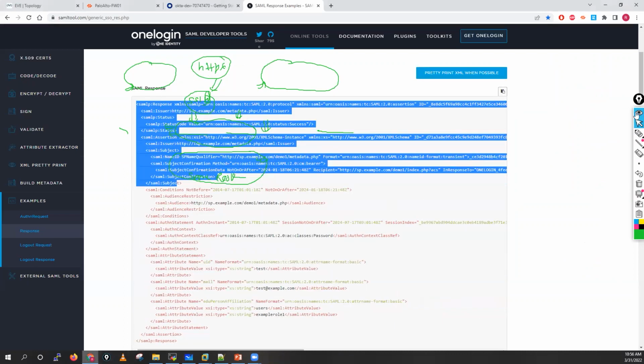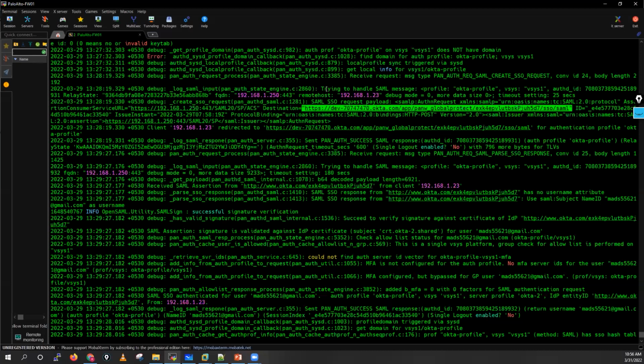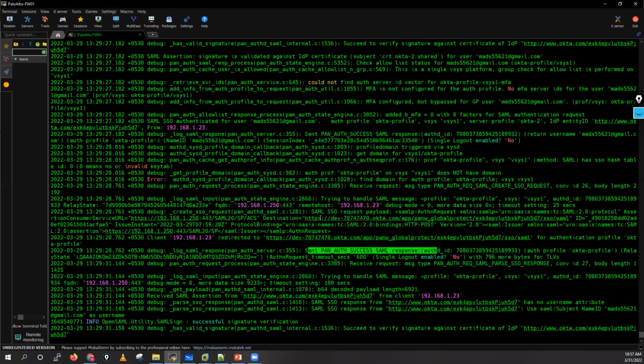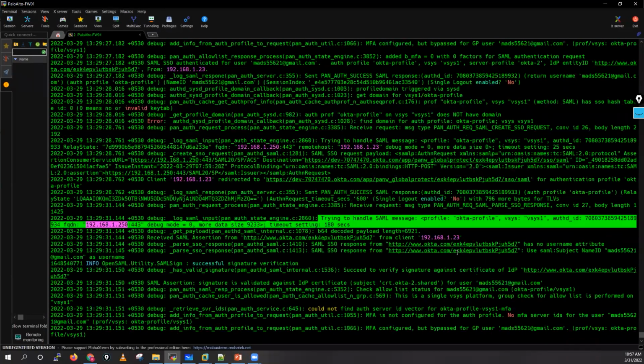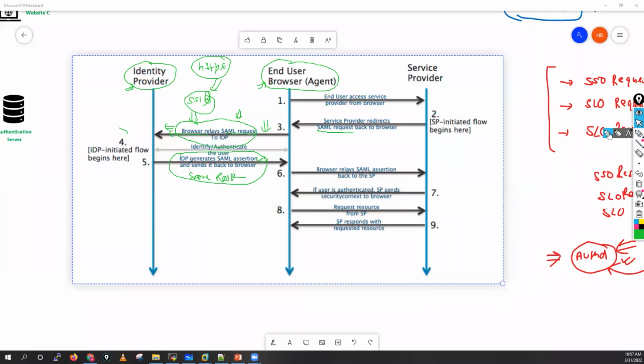Now I'll go into my Palo Alto firewall. Let me just see what we can have for the SAML response. Auth success for the response. Now if you see, SSO created a SAML request. Now we have to look for the SAML response. See, there are lots of messages. This is the request payload. Response. Signature validation. Because it has started processing the response, you will not be able to see the response message in detail there. Don't worry, but you will get the same response. You will get a similar response with the SAML assertion, digital certificate, and everything,